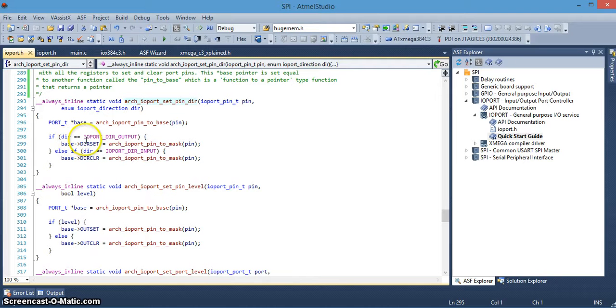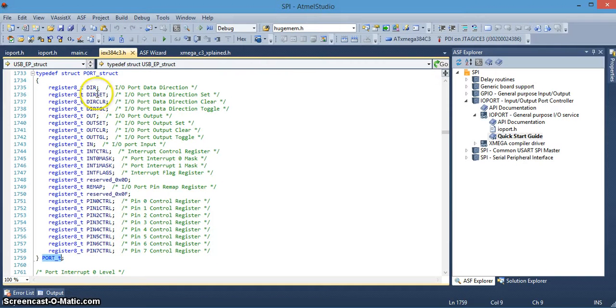And then it uses the if statement to see if we're trying to set an input or an output. And obviously in this case we want to set it to an output, so it's taking the pointer to the base